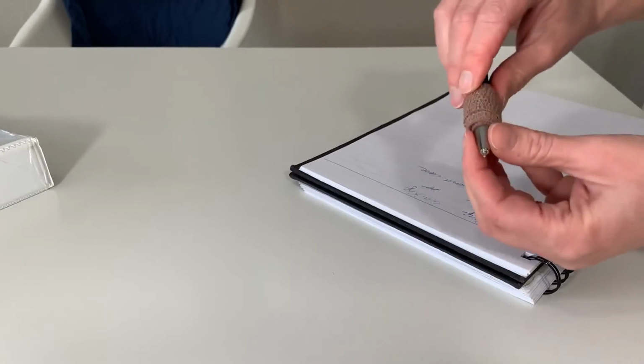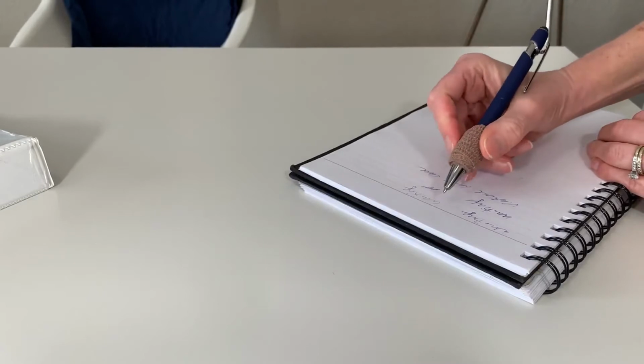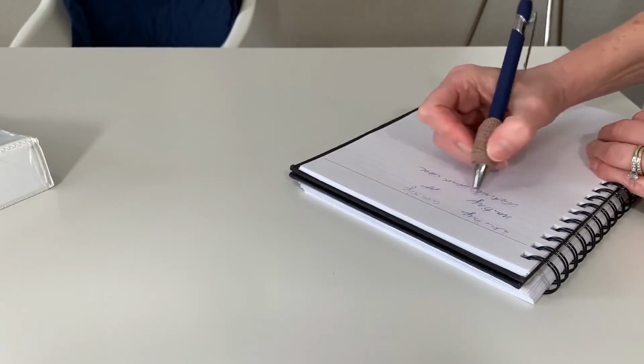Now, what that does is it provides a little bit of padding for one thing. So I'm not pressing really hard against the pen. It also makes the pen a little bit larger where I am holding the pen. That can reduce the amount of pinch, which helps reduce the amount of load that you feel down into the